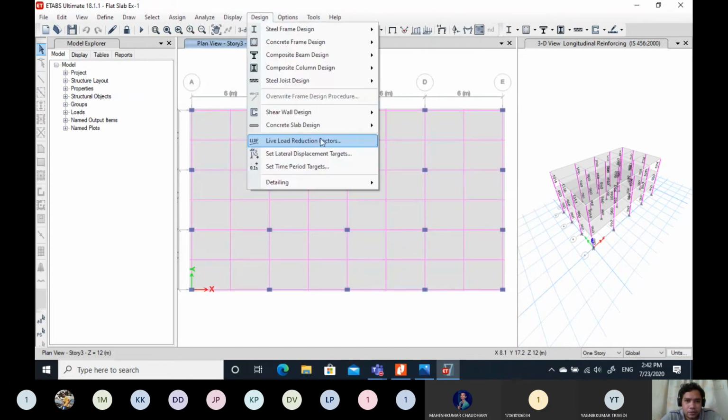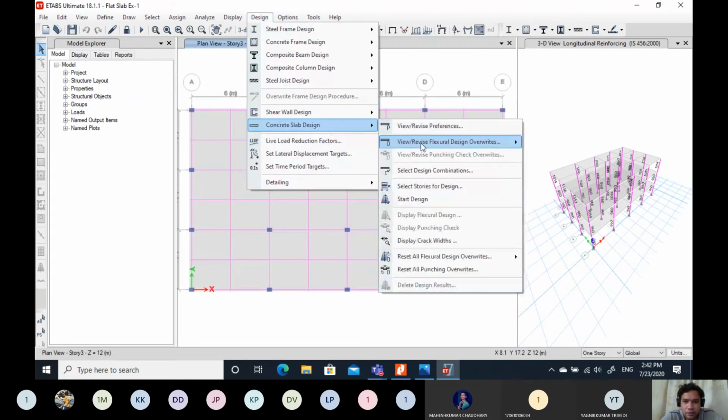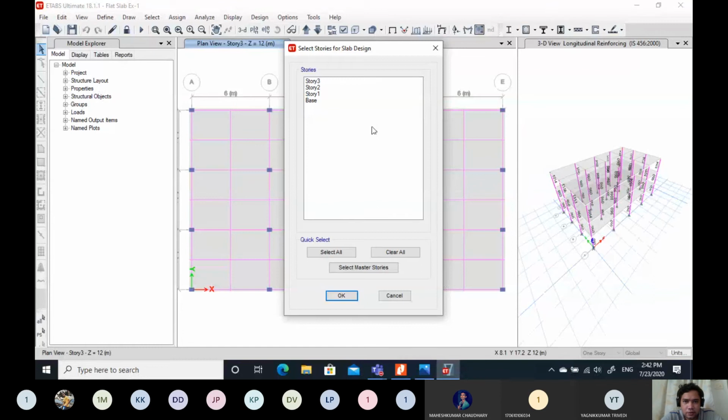Then go to design, concrete slab design. We have to design this as strip based. Start design, all stories.